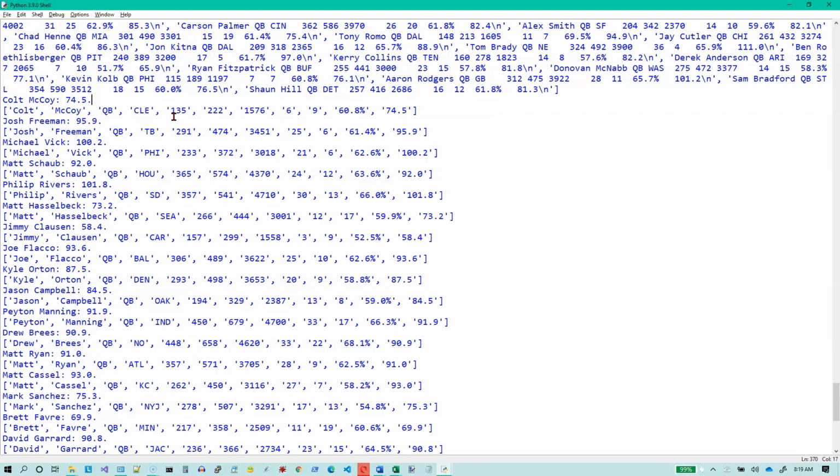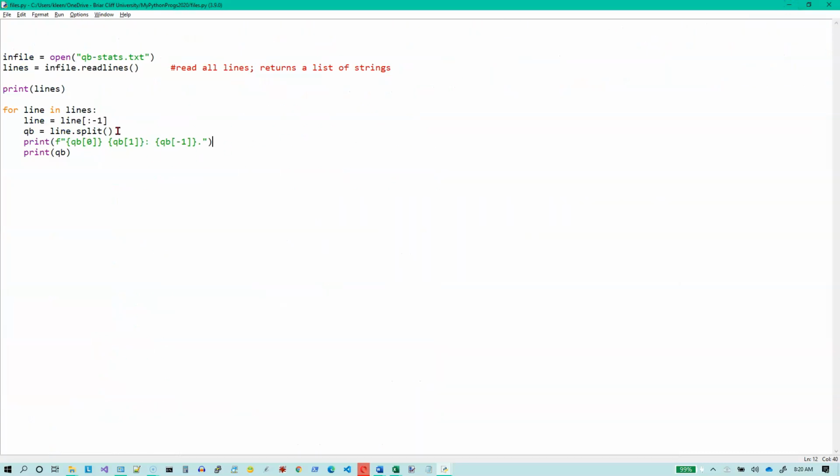And all we're going to do this time is pull off the completions and convert it into an int. We're going to pull off the attempts and convert it to an int. We're going to divide the two, and we're going to check to see if it's equal to this item right here. So item 0, 1, 2, 3. I want items 4 and 5, and then I want the second item from the end to compare. So let's, after we split, let's do